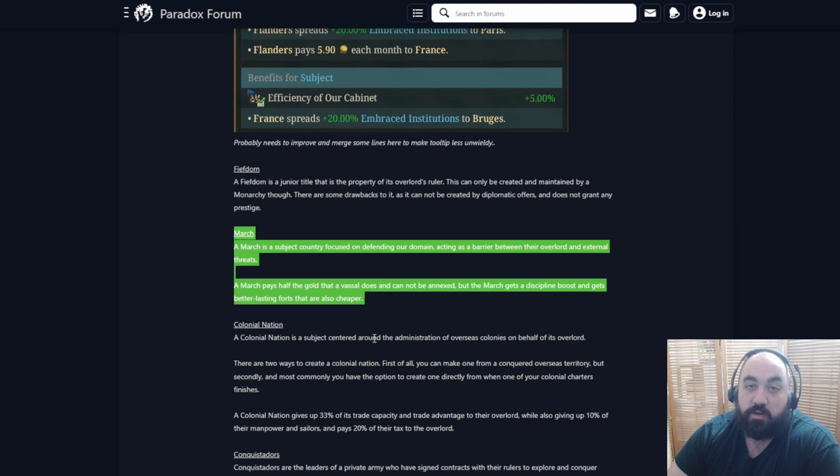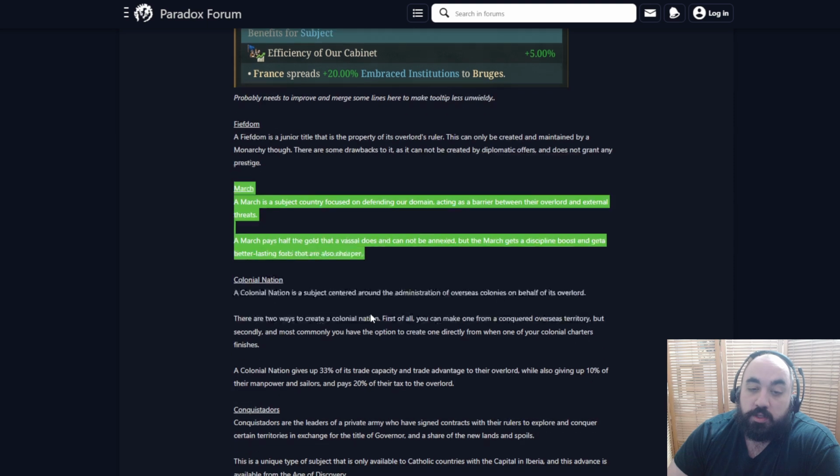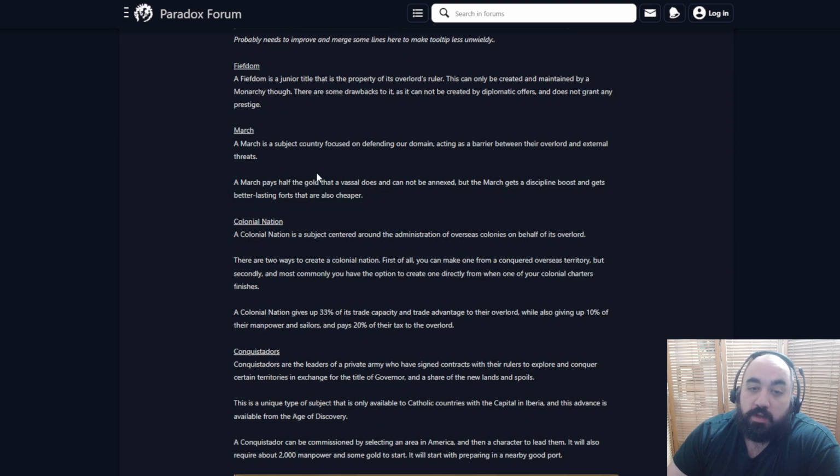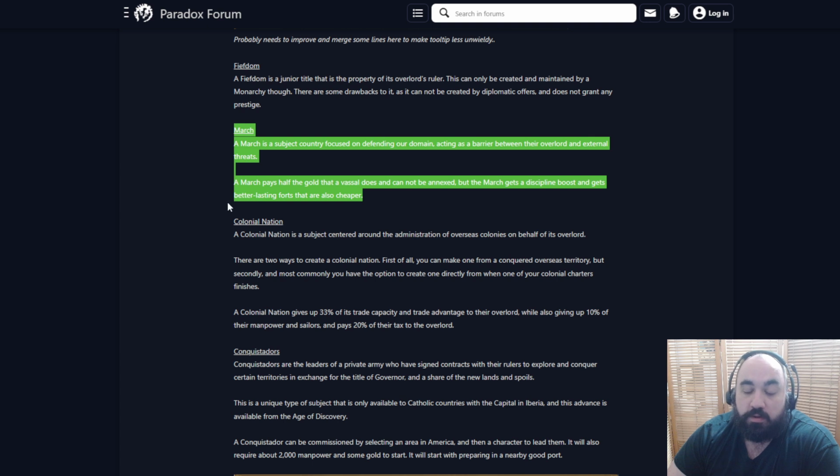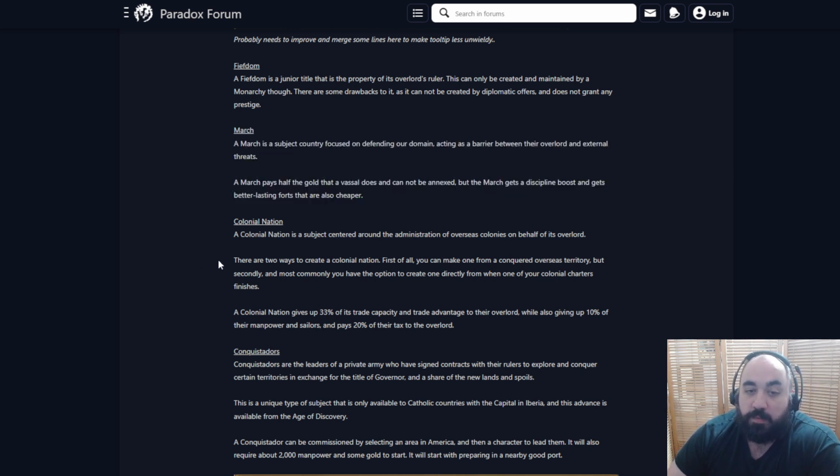We already read that you can change your overlord status or type of overlord. Putting marches on the border might be good. Also, if there are modifiers present from having a shared border that are negative and you want to avoid those, creating marches is maybe going to be a reasonable play pattern. Really exciting if creating a lot of subjects is a strong play pattern, especially in the early game. That is going to be really exciting.